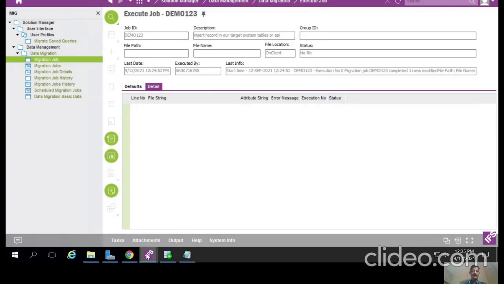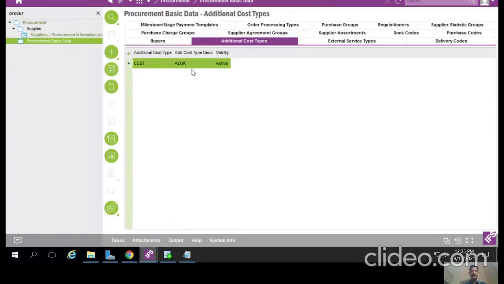So we'll check the screen. Right now it's showing hello. When we refresh this page, it will show others. This is based on your primary key. Let me refresh my page. So guys, you see, here you can modify your existing record if you want to migrate the new record in your target system. So that is a very easy process.